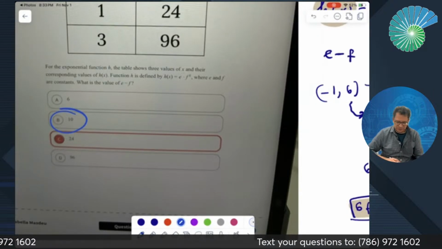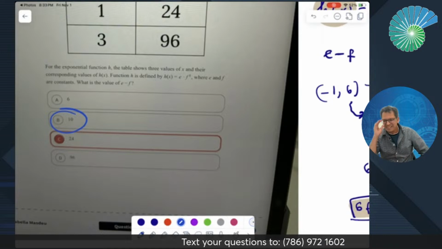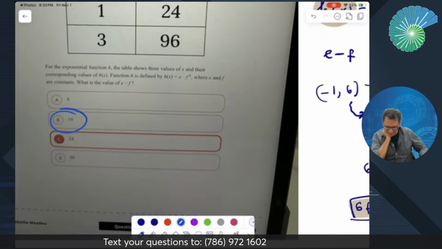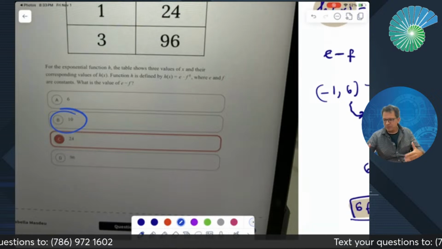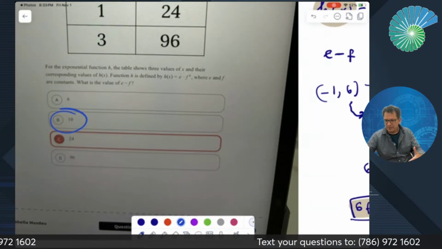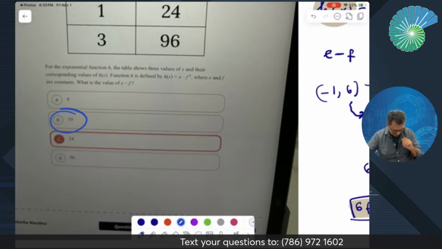It's almost a little harder, Isabel. But tell me if you understand it. I'm probably going to have to go through the explanation a second time. But